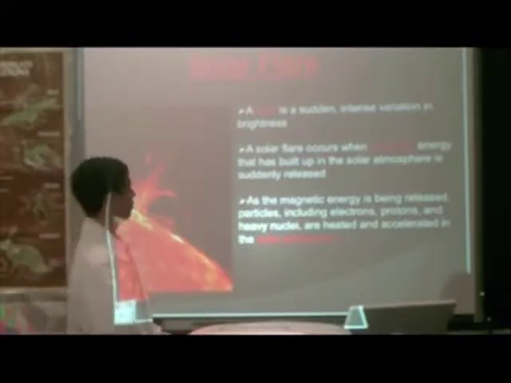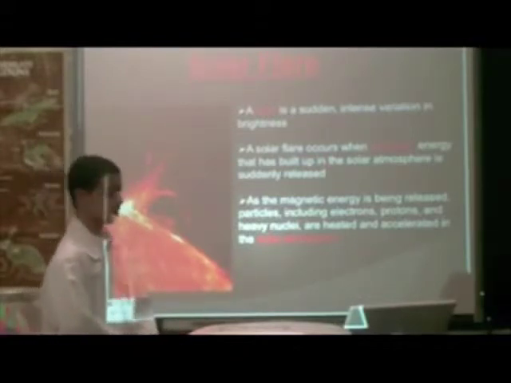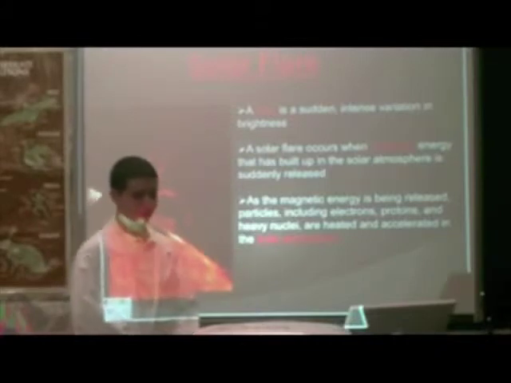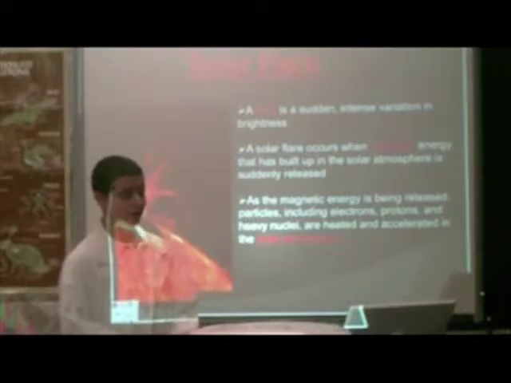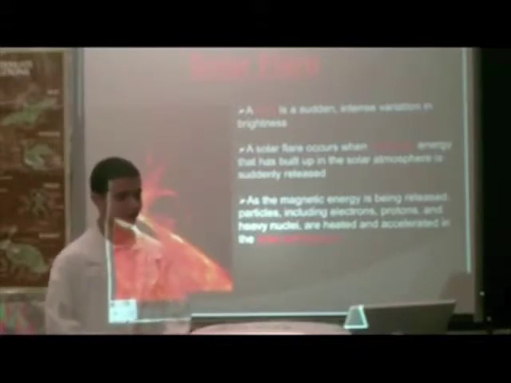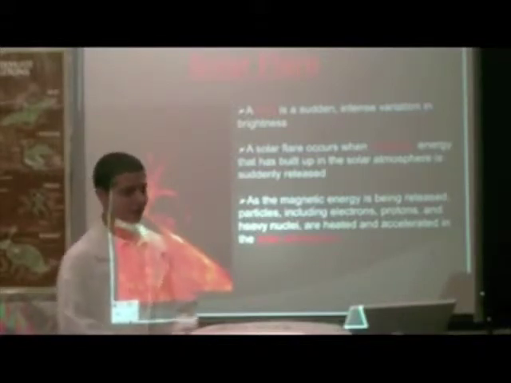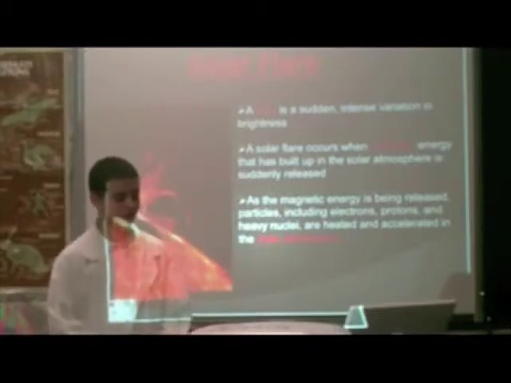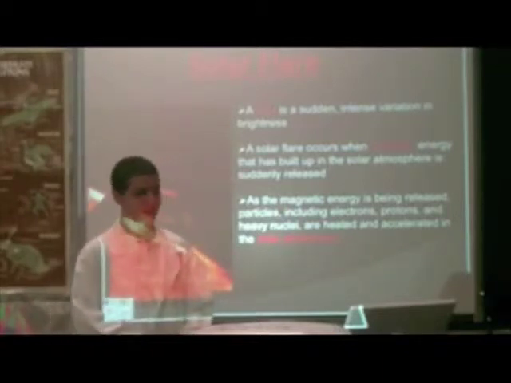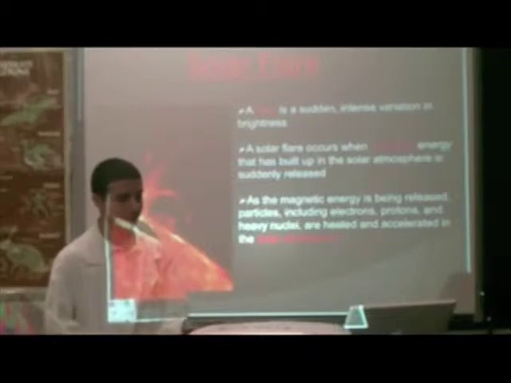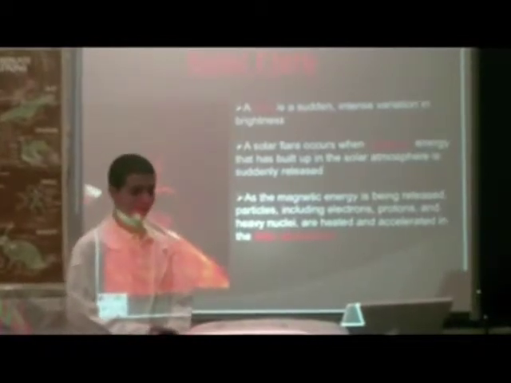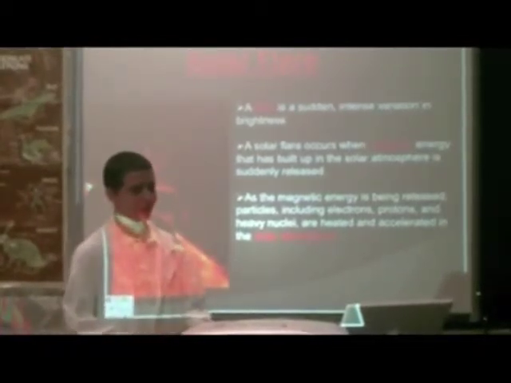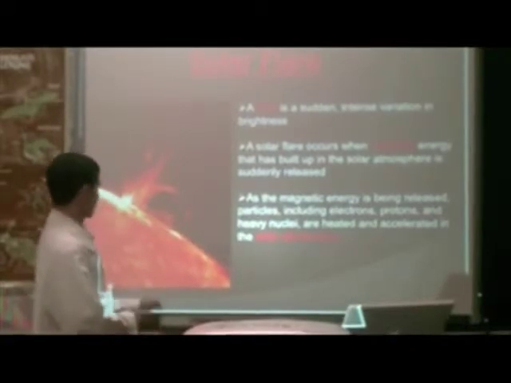And now we're talking about solar flares. A solar flare is a sudden intense variation of brightness. These solar flares occur when magnetic energy that has built up in the solar atmosphere is suddenly released. As the magnetic energy is being released, particles including electrons, protons, and heavy nuclei are heated and accelerated into the solar atmosphere. As seen in this picture,